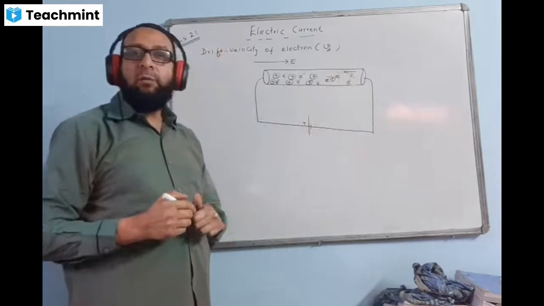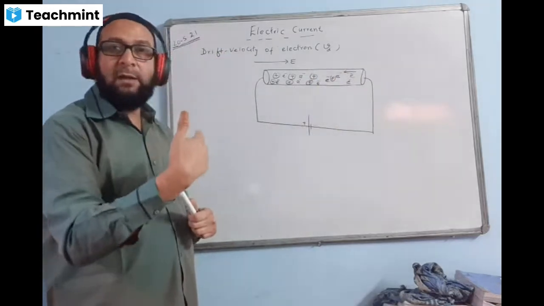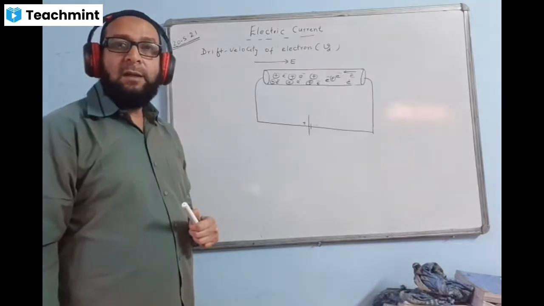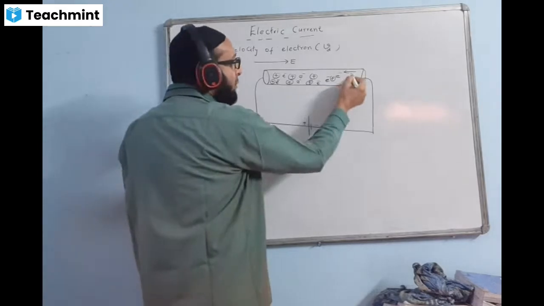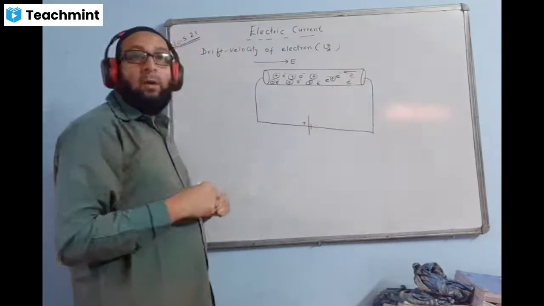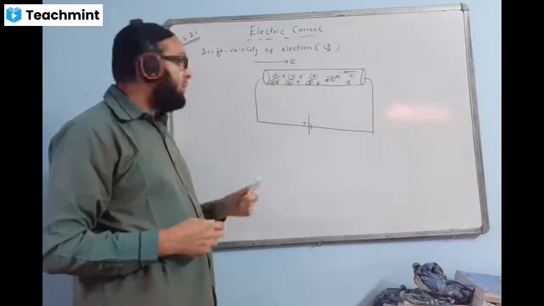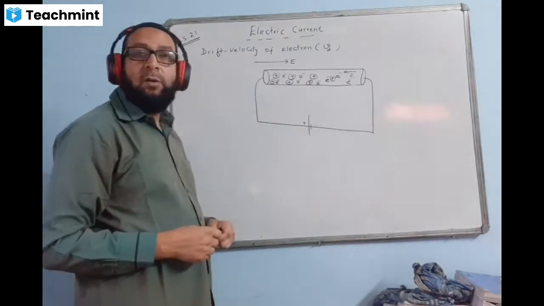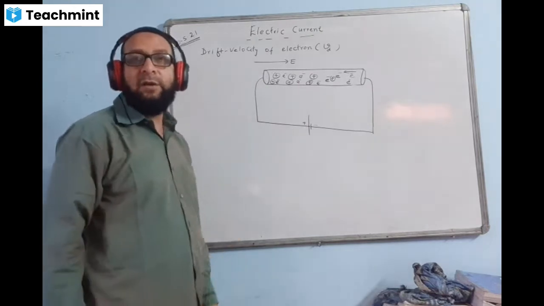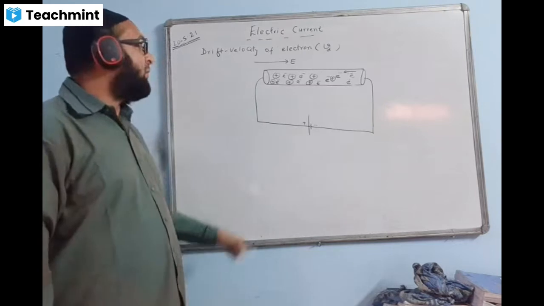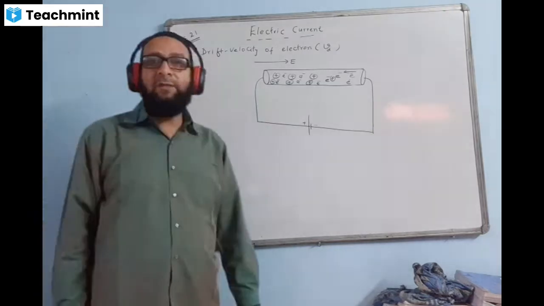And we say that the current is flowing because drifting charges are moving inside the conductor. So this velocity acquired by the electron in a direction opposite to the electric field, towards the positive electrode, is called drift velocity. Now please write down the definition of drift velocity of electron, after drawing the diagram.